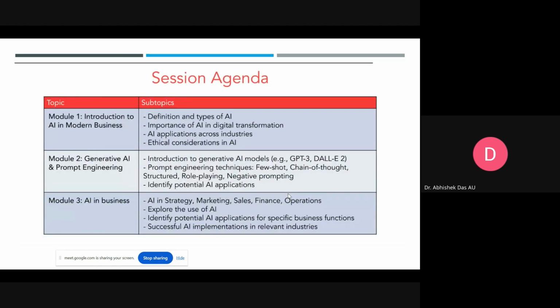So this is our agenda for this session. We'll start with the introduction to AI in modern business as well as in rural business, and we will discuss the definition and types of AI. I know you have already been given a lot about AI in the earlier sessions, so it will be kind of overlapping. We'll also discuss AI applications across industries, considering rural industries, as well as ethical